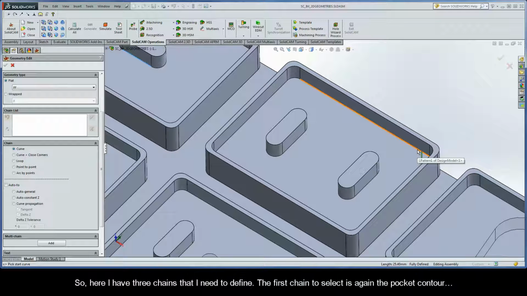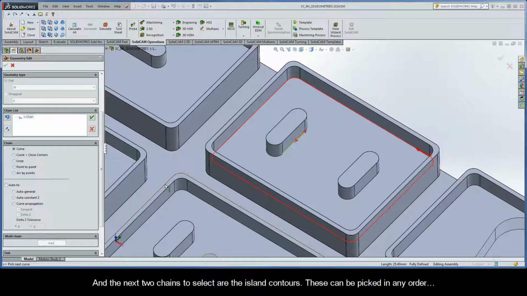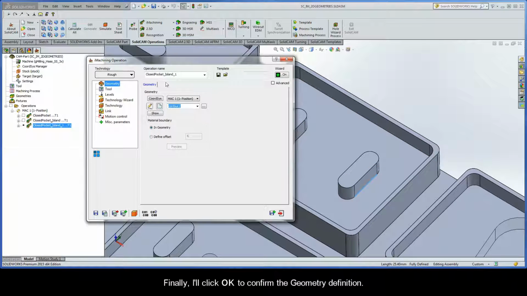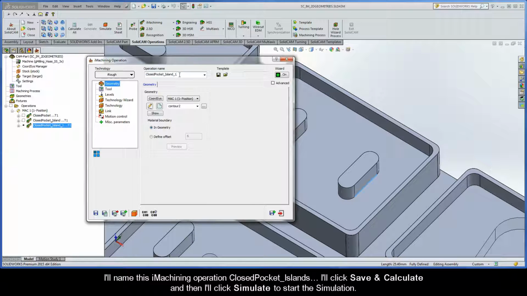So, here I have 3 chains that I need to define. The first chain to select is again the pocket contour. And the next 2 chains to select are the island contours, and these can be picked in any order. Finally, I'll click OK to confirm the geometry definition. Now I'll name this iMachining operation Closed Pocket Islands. I'll click Save and Calculate,